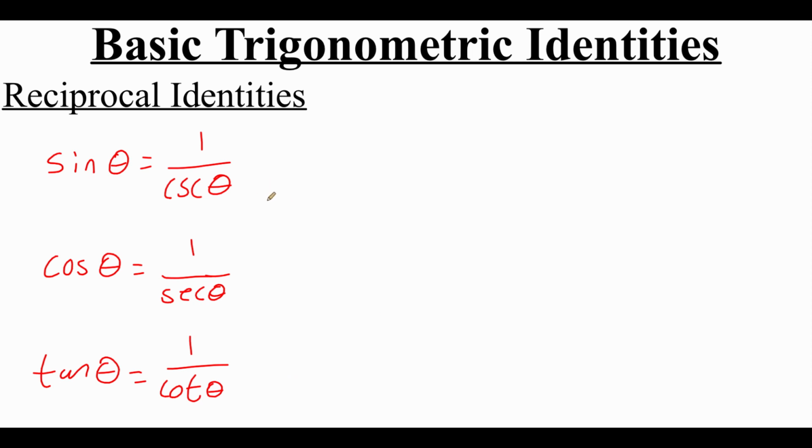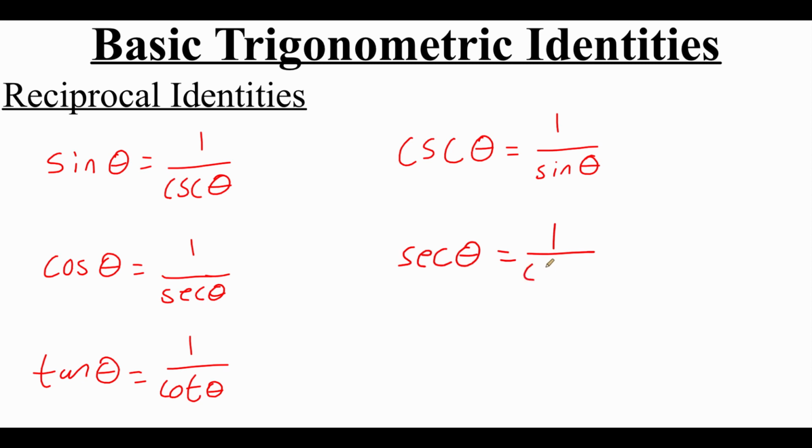Then we can also talk about these reciprocal functions and relate them back to our original trig functions. If we wanted to look at a cosecant of theta, well, cosecant is 1 over the sine of theta. If we wanted to talk about the secant of theta, well, that's 1 over the cosine of theta. And if we were dealing with the cotangent of theta, that's 1 over the tangent of theta. Like I said, these are ways to relate one trig function to a different trig function using a reciprocal